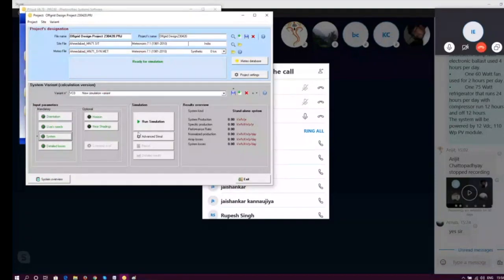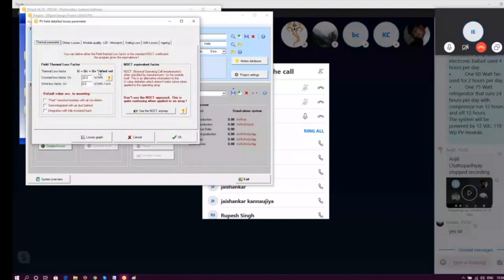Once we click on OK, it will give us the next option, which is the detailed losses. It is the same as the on-grid losses we were talking about, right? So we won't be changing anything, but if you want, or any specific detailed tender is asked, then you can change. Though we are going to discuss the detailed loss parameters one by one. First, thermal parameters. As we know, it's a parameter maintained by your module manufacturer. There is no point of doing it.